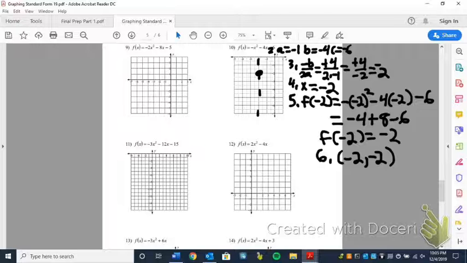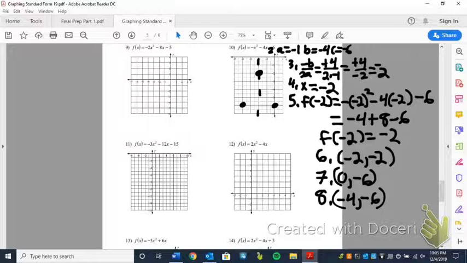Our next step then is to graph 0c, which is 0, negative 6. We then want to flip that over the axis of symmetry, which is at x equals negative 2, sorry. So that flips over to right there, which is negative 4, negative 6. And then number 9, we connect the dots. Okay, so you guys should have enough information to be able to work the rest of these problems by yourself. If not,